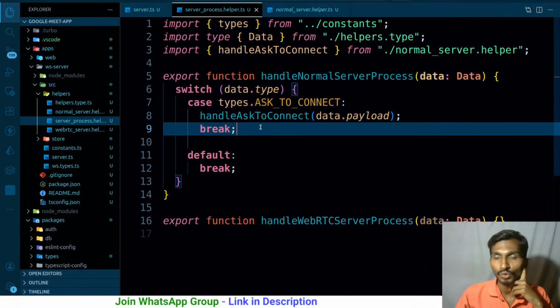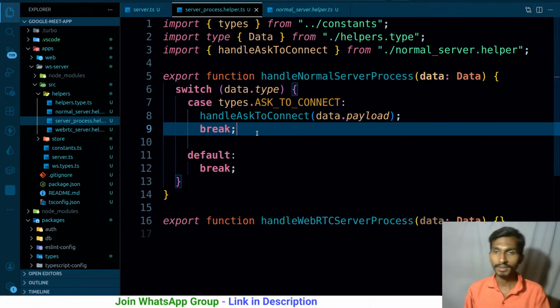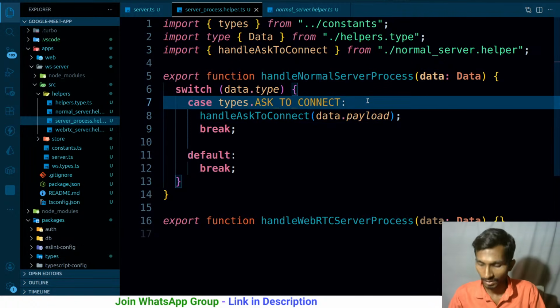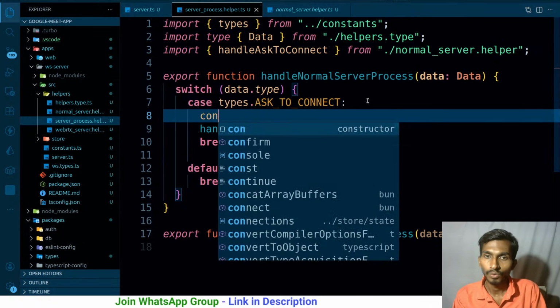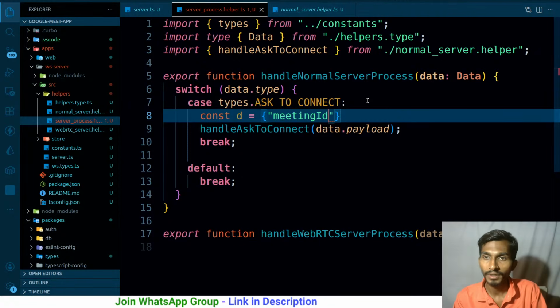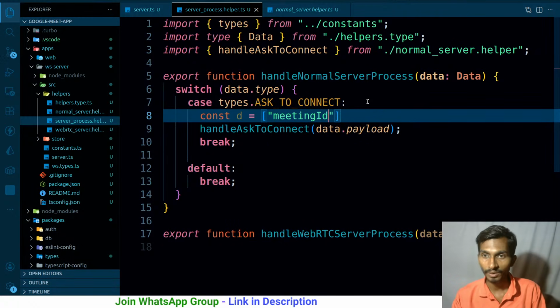Okay, when I'm actually asking to join the meeting, at that time my ID is going to be generated, that is for sure, and the meeting ID I will be getting, that is for sure. So ultimately the data will have what? When I'm trying to join the meeting over here, const data, so it will have the meeting ID, and let me keep an array here. Again, this is just for getting an idea of what kind of data it contains. That's it. This array will not play any role. So it will have the meeting ID, it will have the